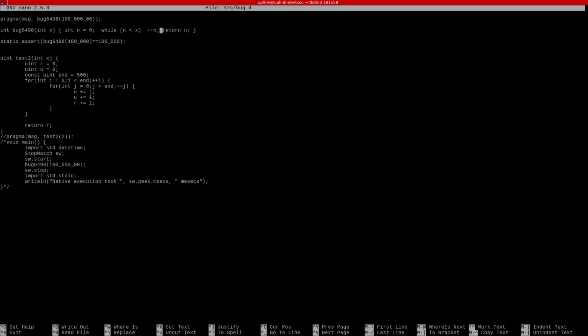It counts up a variable, compares if it is the same as the argument. If it is, it returns, and if it is not, it counts up. So this loop does absolutely nothing. And in this pragma message here, it does quite a lot of nothing. And let's see